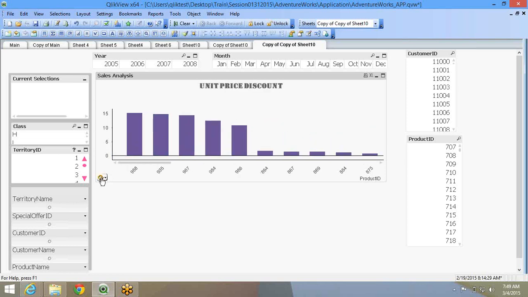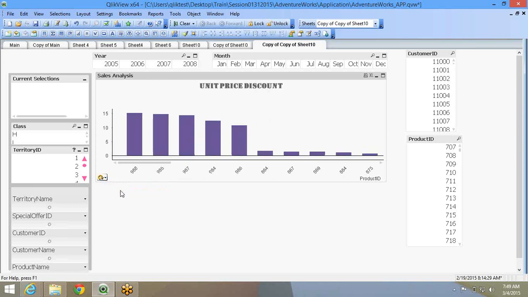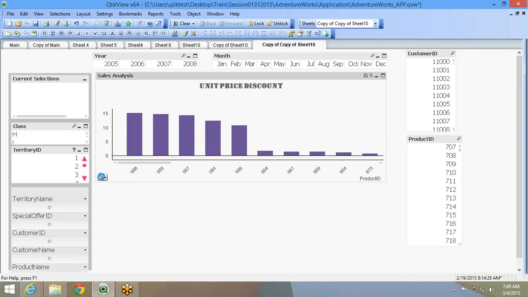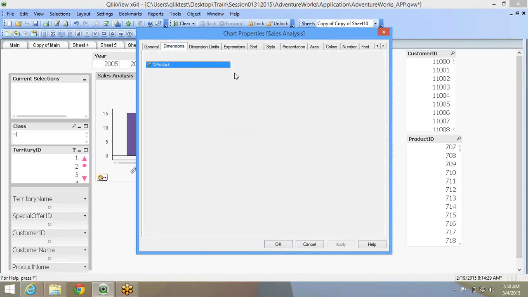All the user has to do is click on this, right? When he right clicks on it, he can actually select what he wants. Otherwise, if he keeps clicking on it, based on the sequence, it will show unit price, order quantity, unit price discount. So this way, in the same chart, I can give 3-4 different measures. It's not necessary that they have to be visible at once. You can just put a cyclic group over there, and based on what the user wants to do, you can do that. So that's the cyclic group of expression.